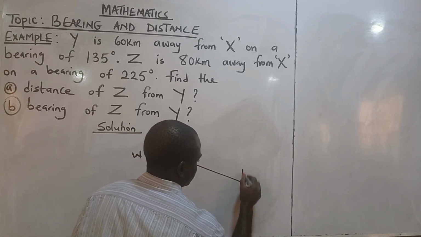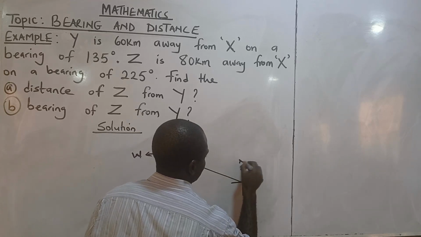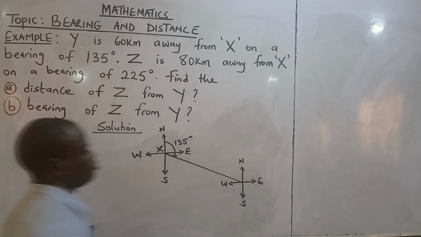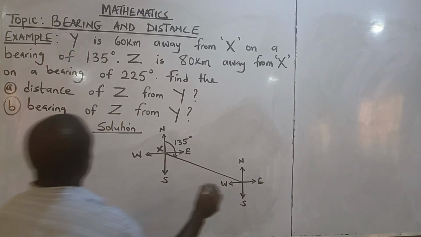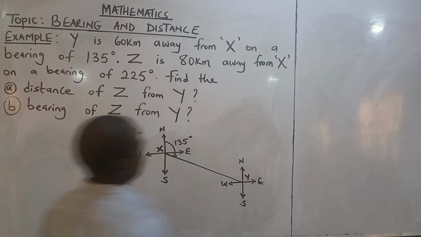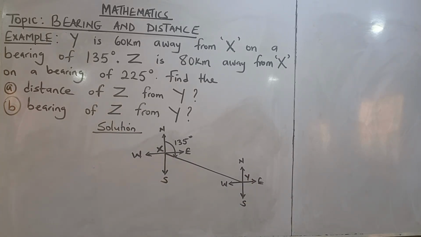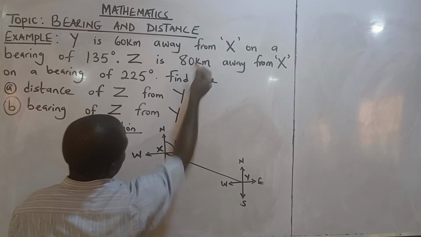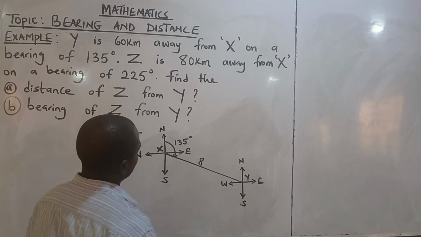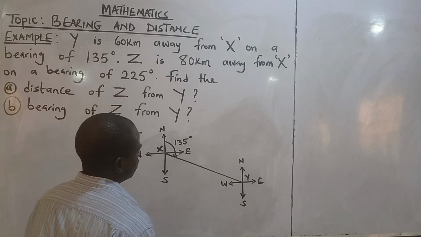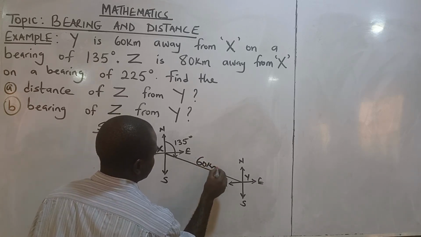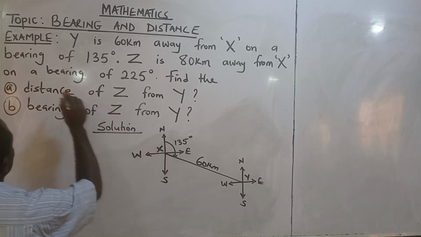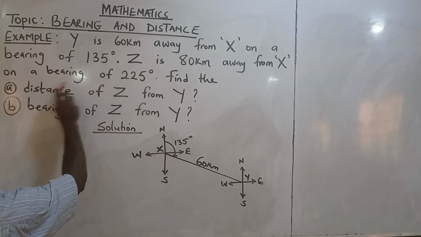Draw your 4 cardinal points, other points: north, east, west, south. And that is our y. And we are told again that z is 80 kilometers. Make sure that the line 60 kilometers is not as long as 80 kilometers. This is 60 kilometers. And z is 80 kilometers away from the same x on a bearing of